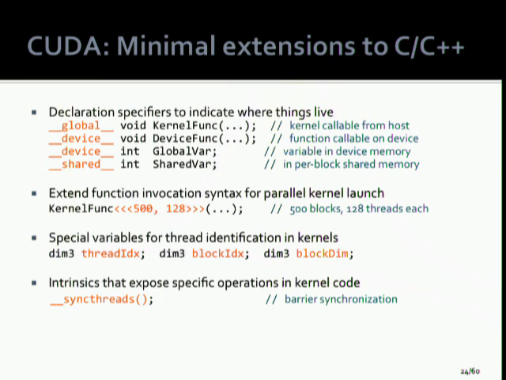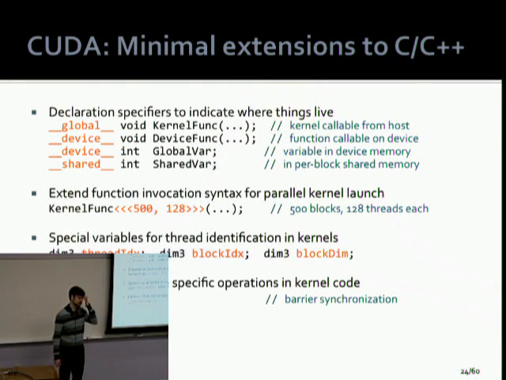We also talked about this triple chevron. This is how we talk about parallel kernel launches. And then there are a few intrinsics. Some intrinsics that are used for identification are thread index and block dimension, and they're declared as this dim3 type, which has a .x, .y, and .z field that you can access to get the different extents of the dimension. Yeah? Can you put extern when you have